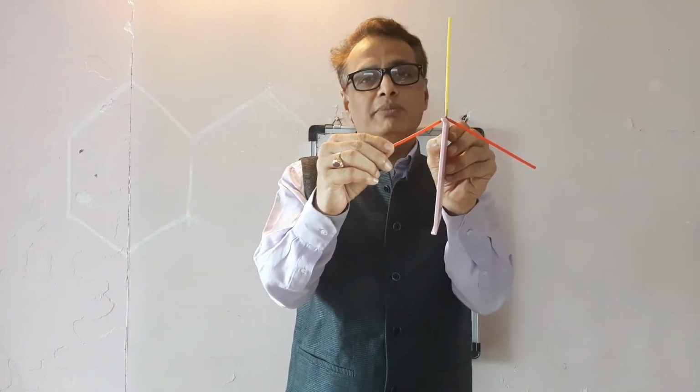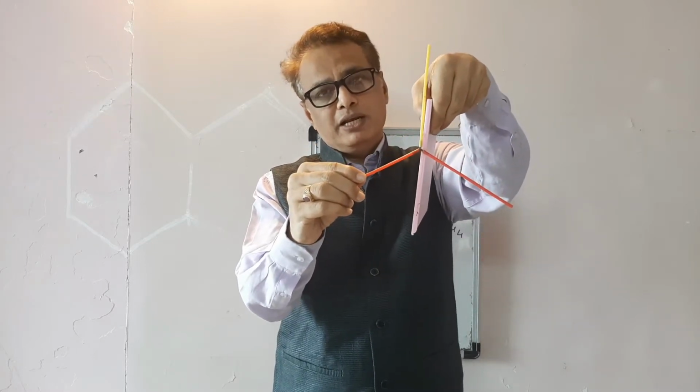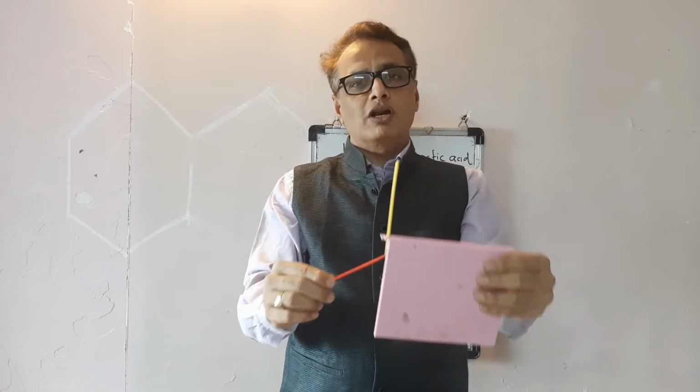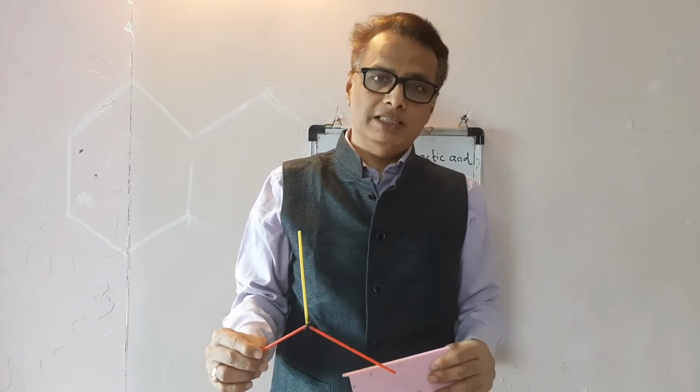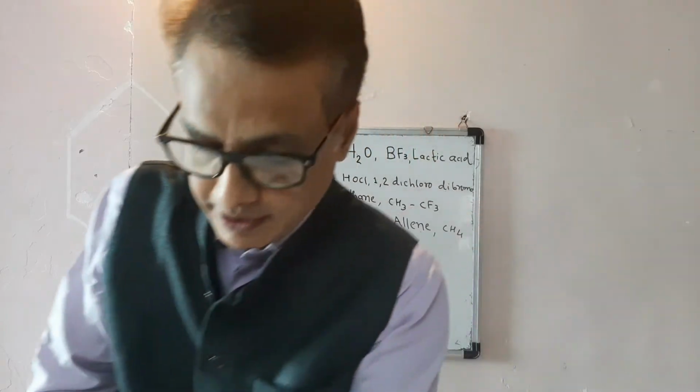A mirror plane which contains the principal axis is called a vertical plane of symmetry. This is one vertical plane which contains the principal axis, and this is the second vertical plane which bisects half of the oxygen and half of the two hydrogens. So water contains the identity element E, C2 axis and two vertical planes. It doesn't contain a horizontal plane or a diagonal plane, and it doesn't contain an improper rotation axis. So water contains identity element E, proper rotation axis C2 and two vertical planes, that is sigma V and sigma V dash. This can be shown this way.